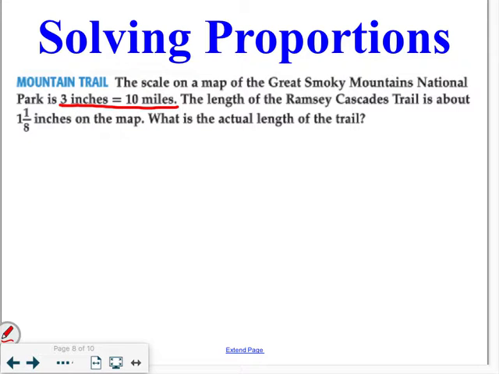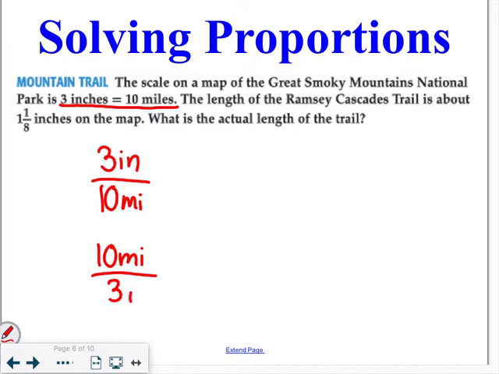This is the first ratio that they give us. So 3 inches over 10 miles. It's going to be important that you keep those labels on there to make sure that you are putting your information in the correct spot. You could have set up your ratio as 10 miles over 3 inches. That would also be okay. You would just have to be careful how you set up the rest of the problem. So 3 inches over 10 miles. We want to then set that equal to